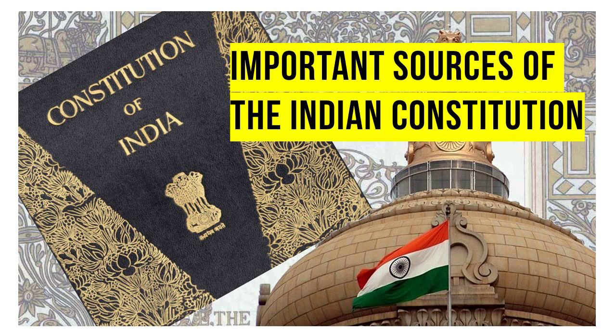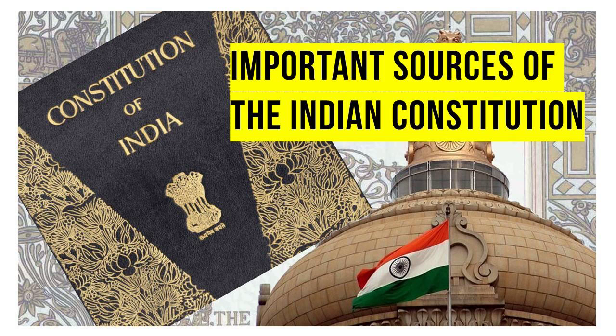Writs. The Supreme Court and High Courts in India have the power to issue writs in order to make the right to constitutional remedies, Article 32 to 35, available to the citizens. There are 5 writs: habeas corpus, to produce the detained person before the court and release him if detention is found illegal; mandamus, an order from the Supreme Court or the High Court to a lower court to perform a public duty;